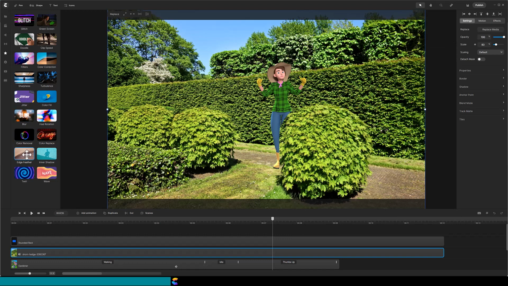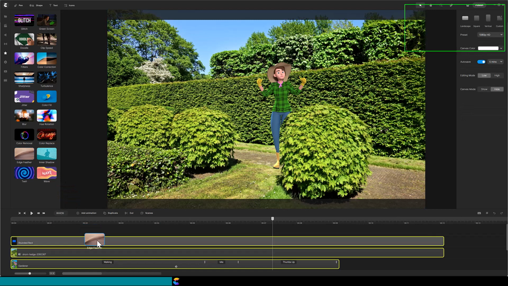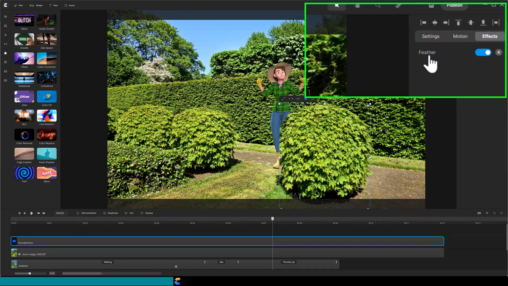Click on Edge Feather and drag it onto the rounded rectangle. You can change the feather strength by clicking on the word Feather in the top right. Feathering the mask makes the bush look better, but it still does not have that organic feeling because the shape